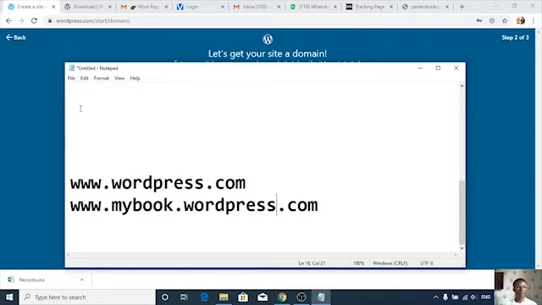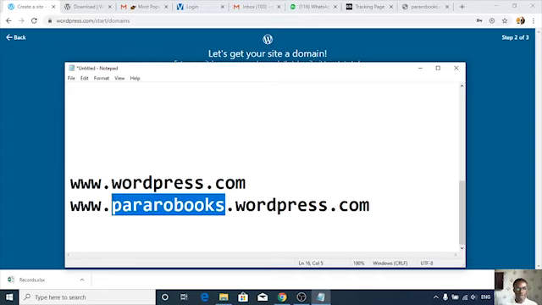Okay, so sometimes when you create a website with WordPress, that's a free one, or with any free hosting company, if it's a free service, they will not give you your website just like that, like you intended to. Okay, this is my Pararo. This is Pararo Books. So this is what WordPress is going to give you. This is your intended domain name, but because you're doing it free, WordPress will not give you